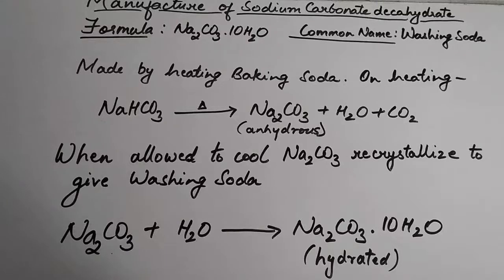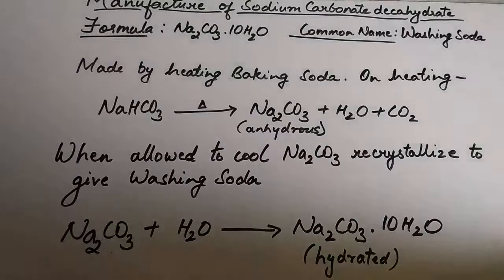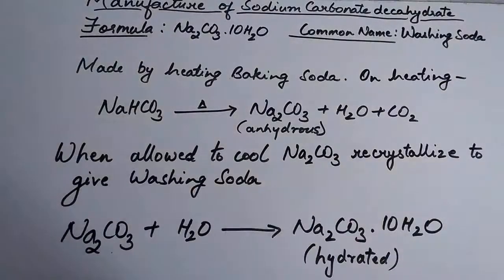This is the second salt that is produced by using brine, and this is in continuation with the production of baking soda. So once the baking soda is produced, if we further the process, then another salt, which is commonly called washing soda, can also be prepared. So it is in the same Solvay's process. Right, now I've written over there the chemical formula for the sodium carbonate decahydrate or washing soda is